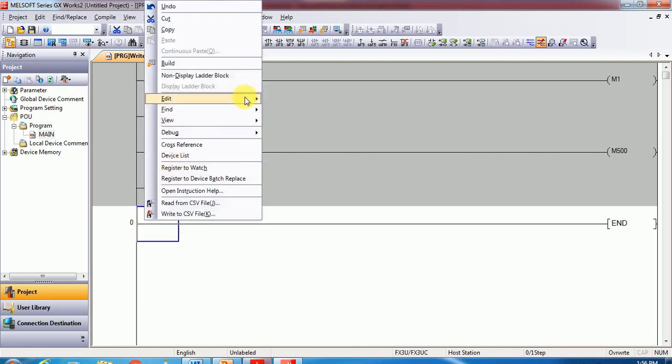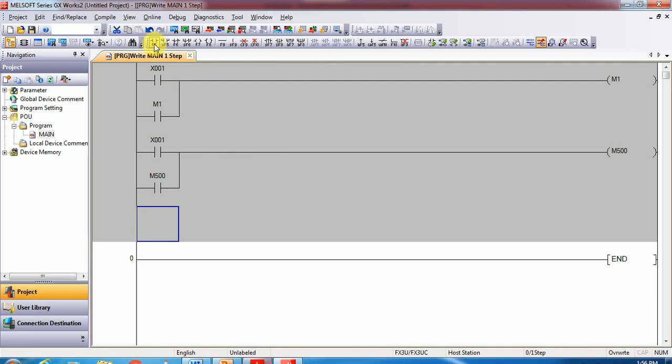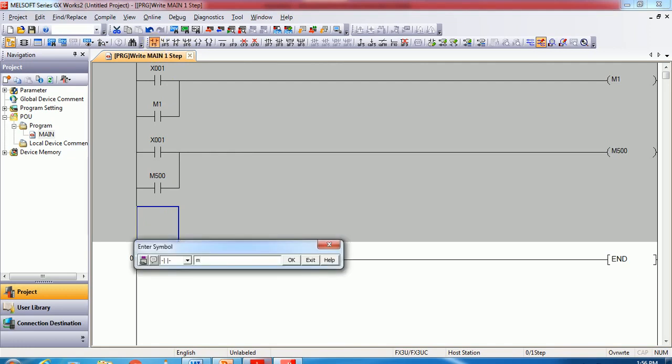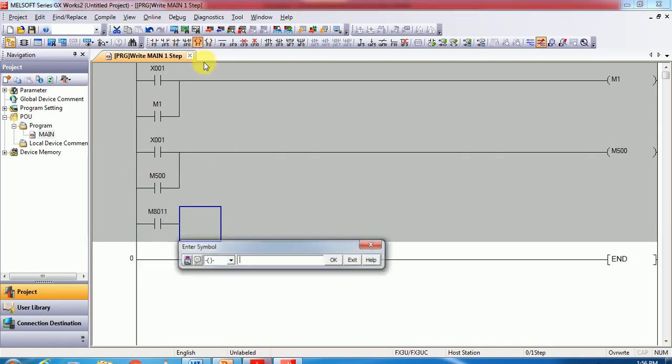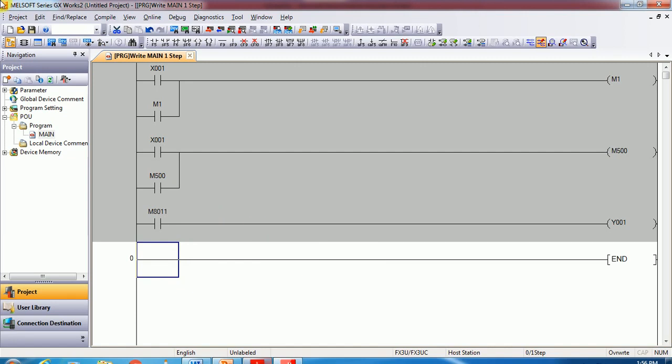Now I will take one example of a special memory bit, M8011, the 10 millisecond clock pulse, and I will use one output for it, M501. Okay, this one, M1, is the general type, M500 is latched type, and M8011 is special type. Okay, now compile the program